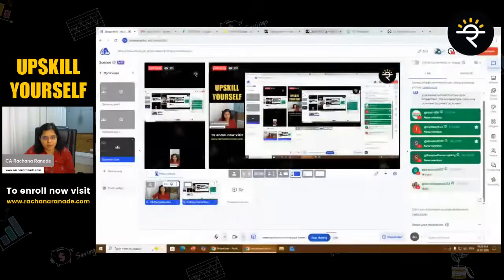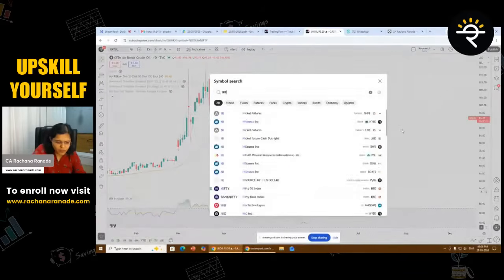But what we also have to check is how June has typically performed over the last few years. And that is again some interesting data. I think last 6 out of 10 years, June has given a positive closing. 4 years out of 10 years, it has given a negative closing. Okay. But how do I check whether it was a positive closing or a negative closing? I'll just quickly show you for the last 3 years so that you get to know how you can check that for yourself as well. So let me just share my screen and show you how you can check how a specific month has performed in the past. So let's say I open Nifty chart and